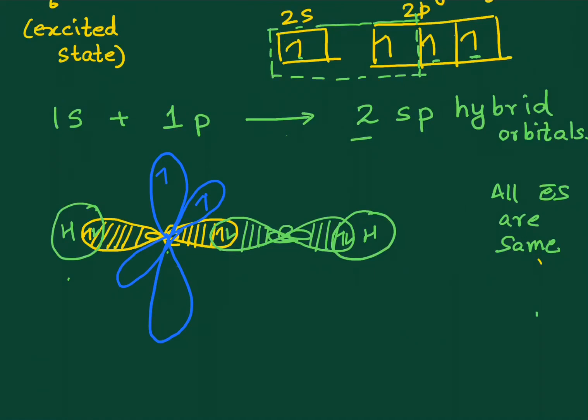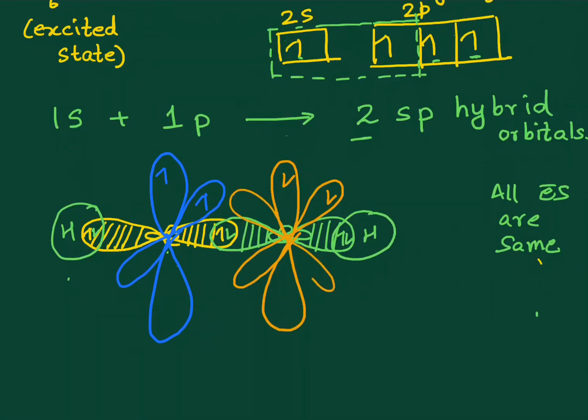Okay. What about the second carbon? It's a similar scenario at the second carbon's house as well. It's got an unpaired electron in the two p orbitals. Notice the direction in which I am drawing the second p orbital. I did not draw it like this because we are talking about the same axis for both the carbon atoms, right? So you have to be careful about that.